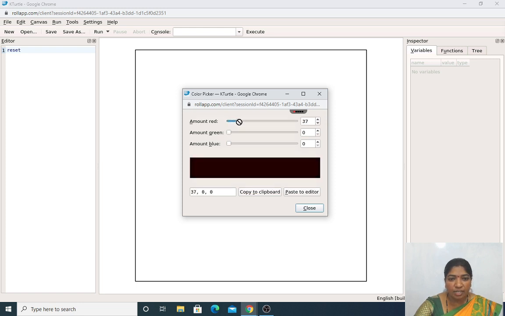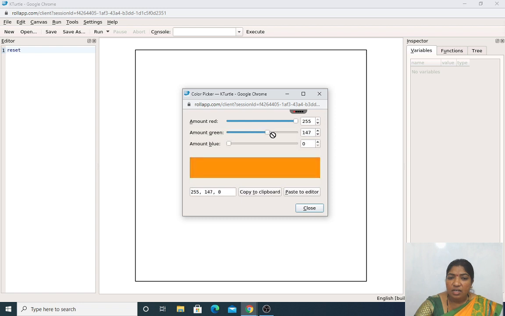Whenever I make a change to this amount of red, the picker changes from black to red. Did you notice it? Whenever I change this to 255, now it is 255, 0, 0. This is the RGB value, that is red, green and blue. And this is the color preview box. Just to see here, if I want to change to the green color, just look.